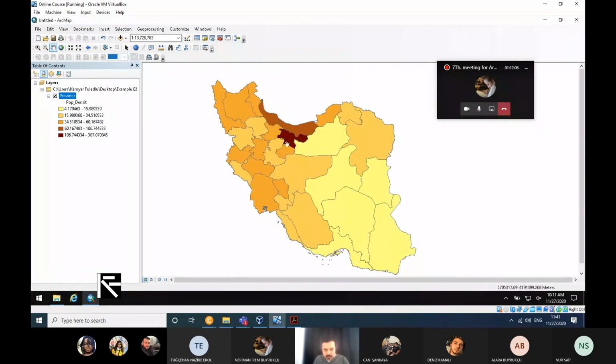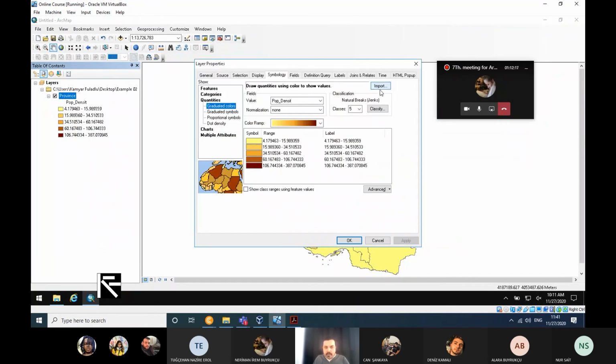You see here is a maximum population density between 106 people to 387. Of course, you can make the range small. You can say, let's call it 16, and let's call this one 4. Again, you can say 16,